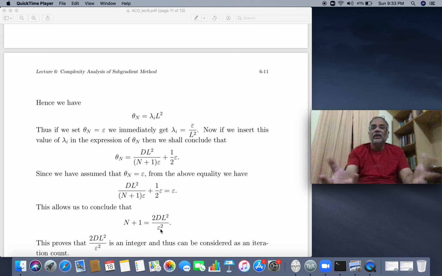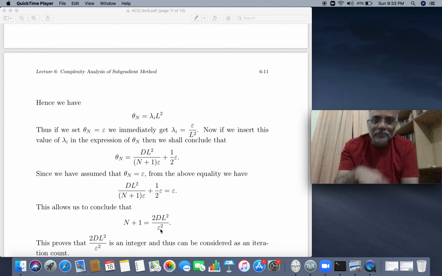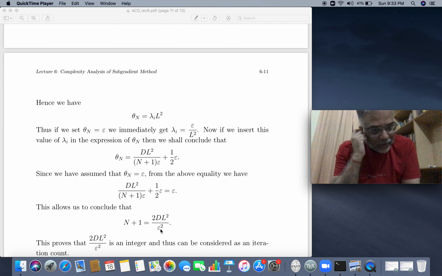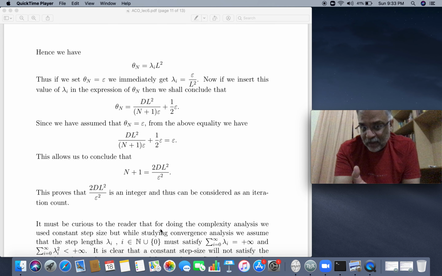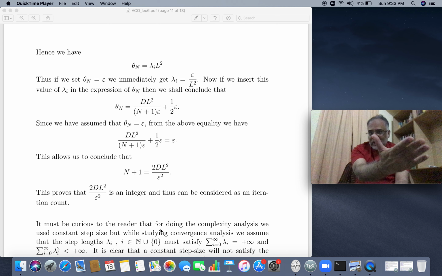That is, n plus 1 is of the order of 1 by epsilon square. Okay. So in this situation, that 2d by L square by epsilon square is an integer, in this particular situation where theta n is equal to